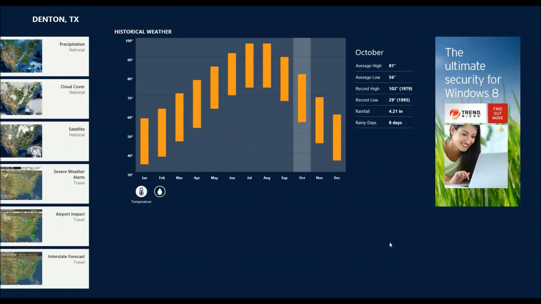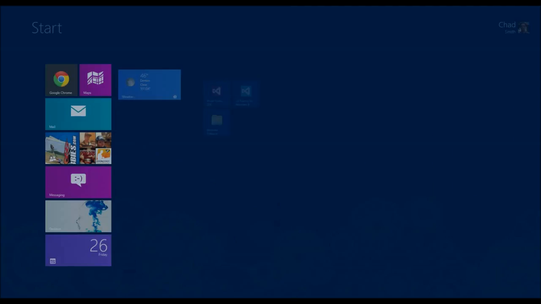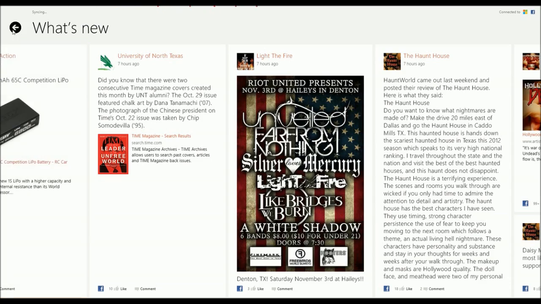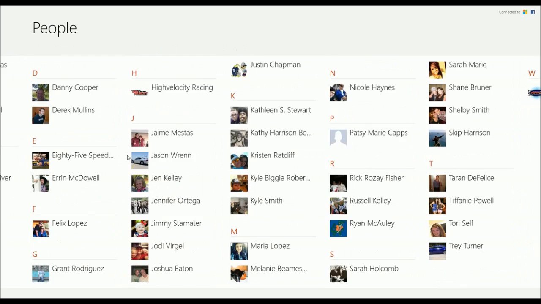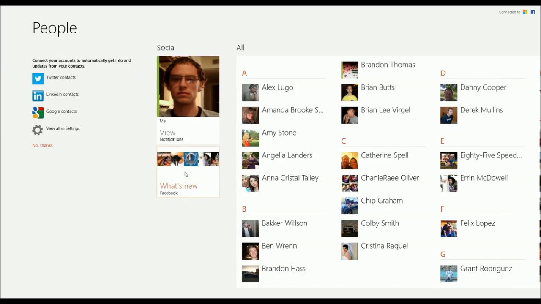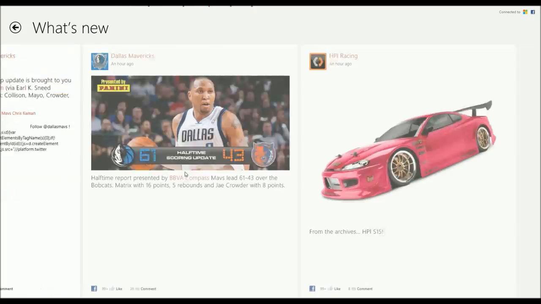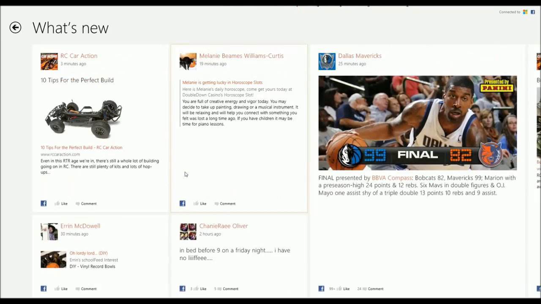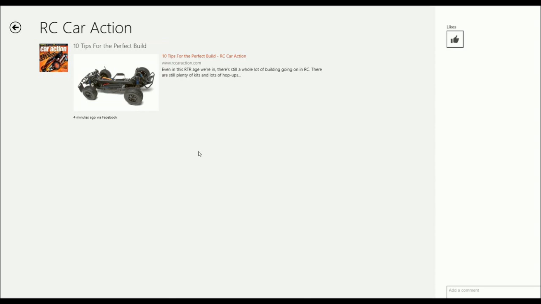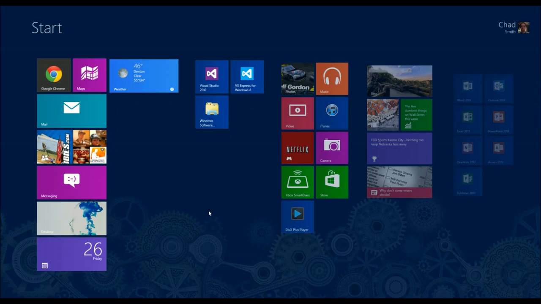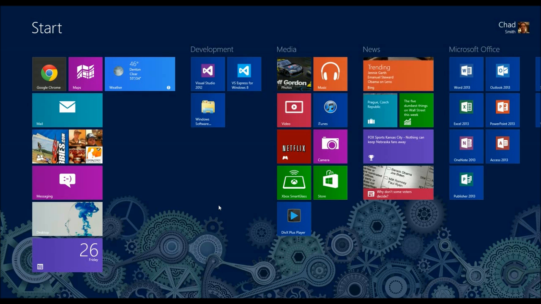Next is People. This allows you to connect your different social networking accounts, from Twitter, Facebook, and even more. Allows you to get some Facebook updates and Twitter feed updates in one place. Though like I stated earlier, Windows 8 tries to combine the experience of a tablet and desktop in one operating system,